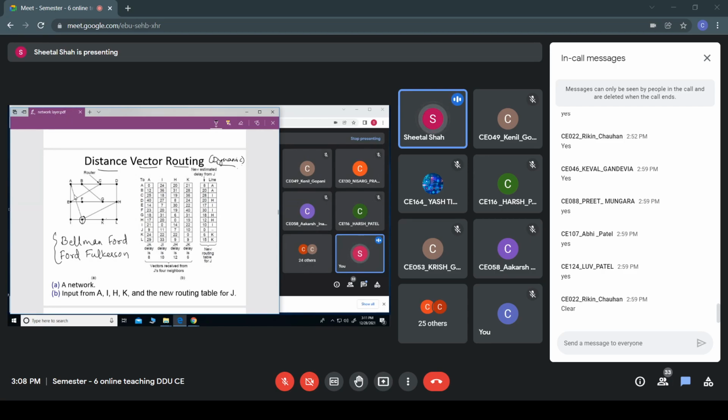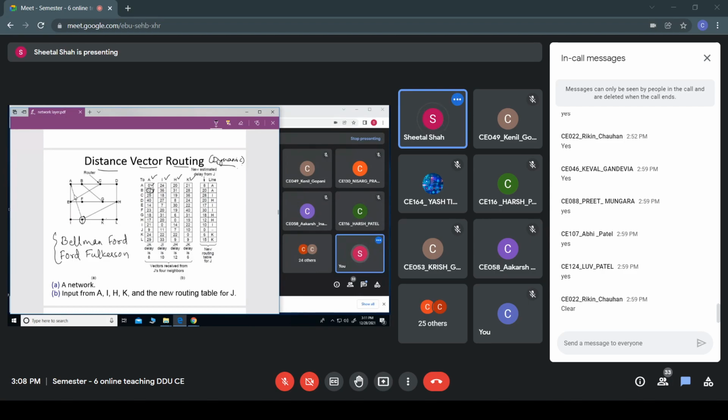Say suppose these are the neighbors of J, that is I, A, H, as well as K, and they are providing their tables to router J. For example, router A has provided a table saying that to reach A from A is 0. Okay, this is the table of router A. To reach B from A, it takes 12 units cost.